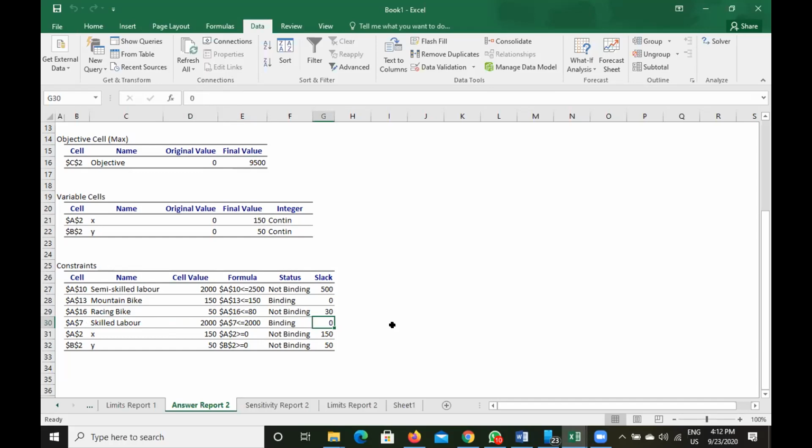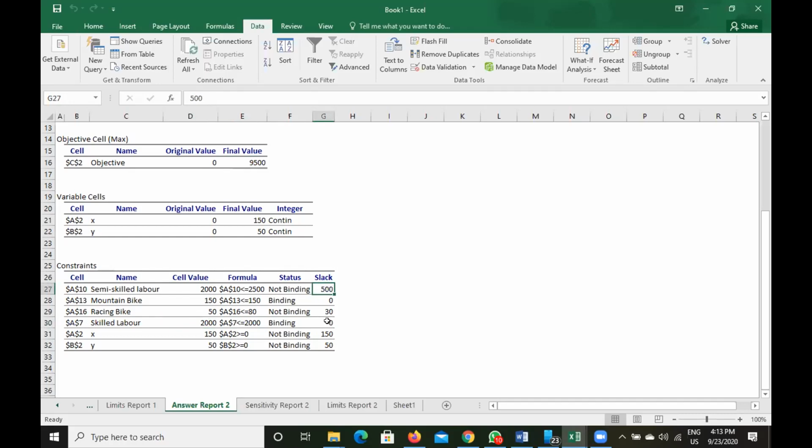So you should not have too much extra slack, too much extra unused resources. At the same time, you should not fully use some resources. Here we have 2,000 hours available and we are also using the full 2,000 hours. This is also not good, because you need to have some extra hours available. Otherwise, if someone falls sick, your production will be hampered. So too much extra slack, unused resources is not good.